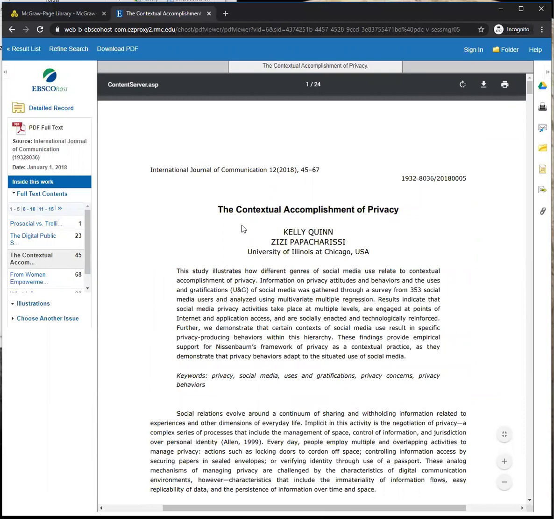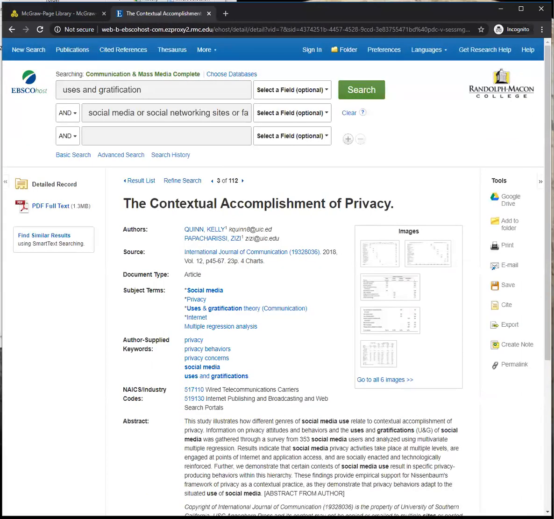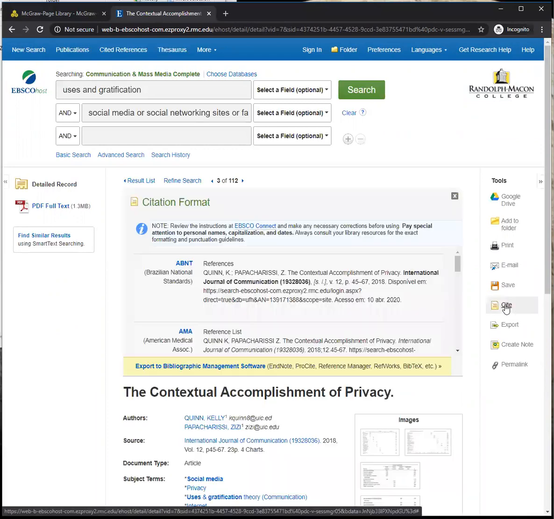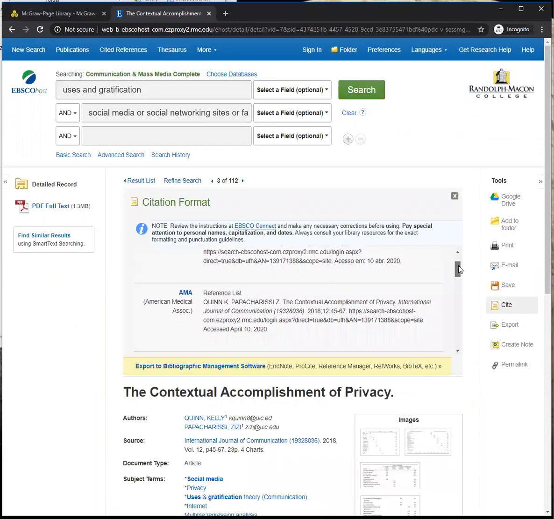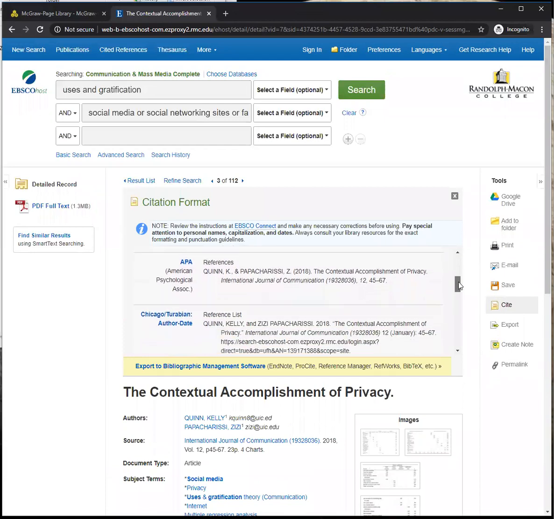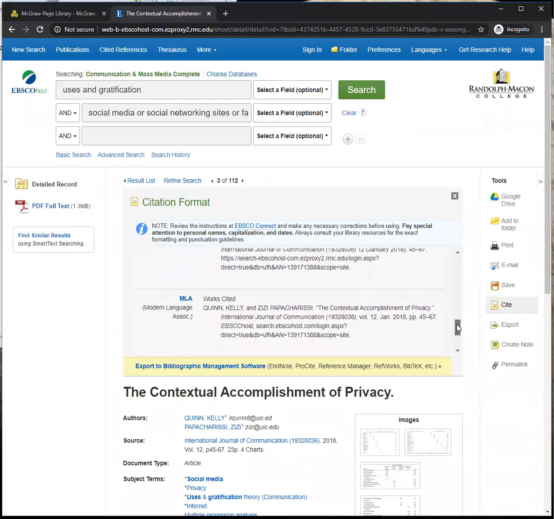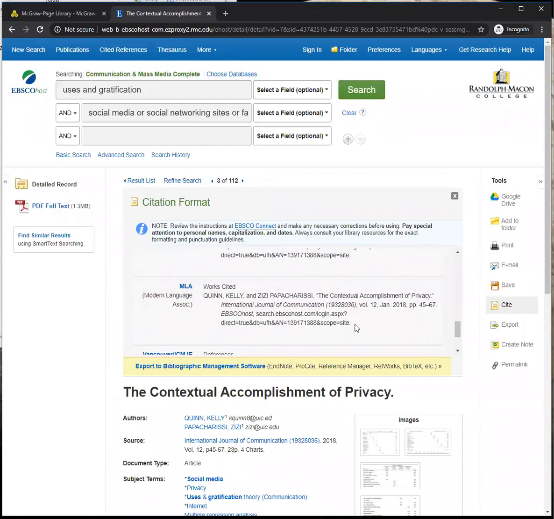Super interesting, useful tools that this database provides you. I'm going to head to the detailed records page because it's easier to see, all right? They also show up on the right-hand side of the PDF. There is a cite button that will generate a citation for you in the most common format. So APA, Chicago Turabian, MLA. Copy and paste it in your bibliography, your annotated bibliography, you're good to go. Please check your writer's manual just to make sure that it is correct.